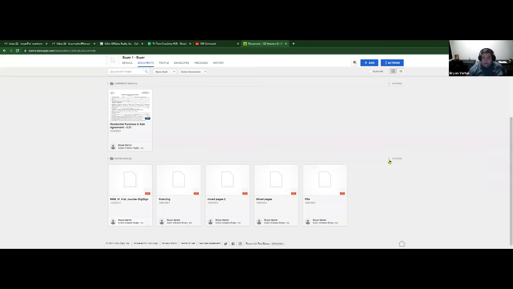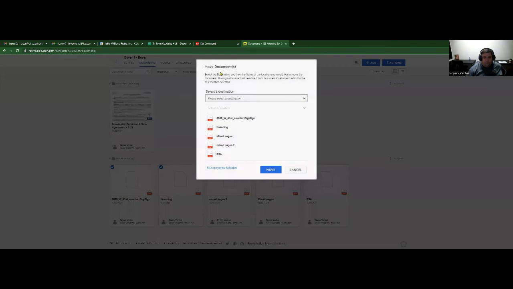So something you can do here is you can click on the actions button and select all of them. You can come up here to the top and go Move, and you're just going to want to select the destination for your active room, folder and current room, sorry. And then you're going to want to tell it which folder you want to go into, in this case, contract